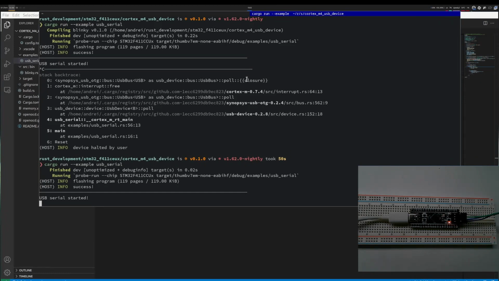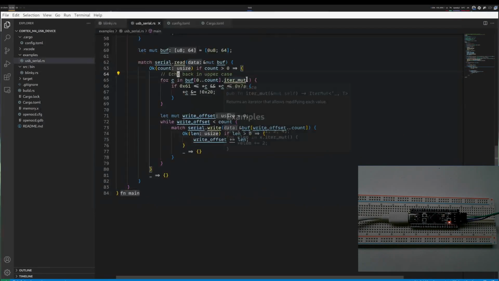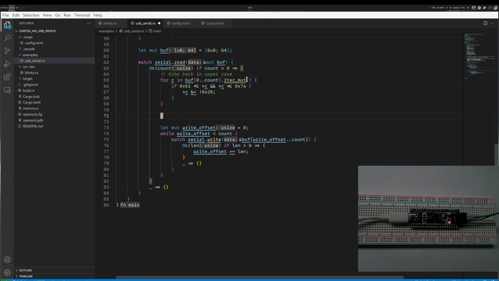Next, since I have some sort of an output, I would like to see if I can capture the data. So I can see that this serial reads into a data buffer. So I would like to read in the same data buffer. I would like to convert it to UTF-8 and actually output it to the screen so I can